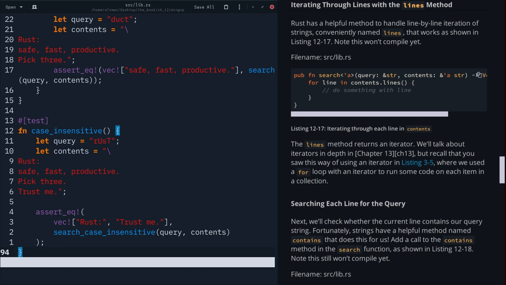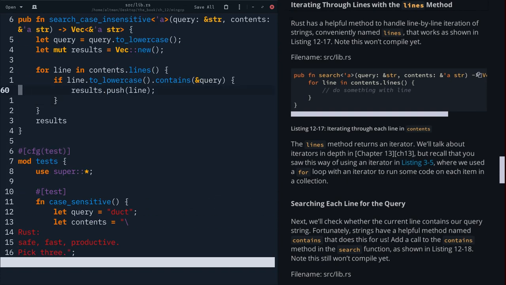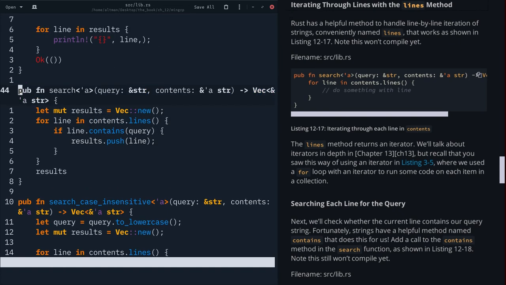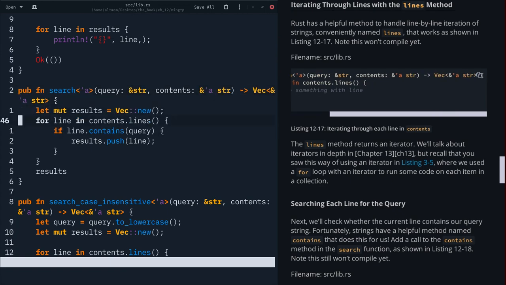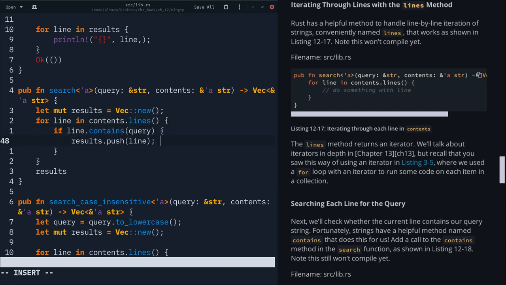Iterating through lines with the lines method. Rust has a helpful method to handle line-by-line iteration of strings, conveniently named lines, that works as shown in listing 12-17. Note, this won't compile yet. The lines method returns an iterator. We'll talk about iterators in depth in Chapter 13, but recall that you saw this way of using an iterator in listing 3-5, where we used a for loop with an iterator to run some code on each item in a collection,